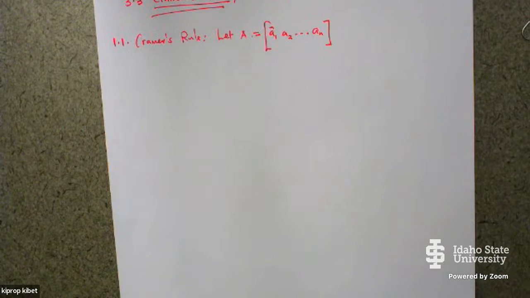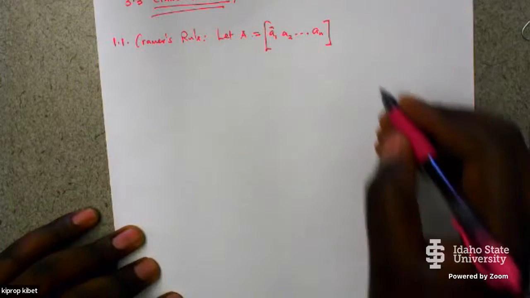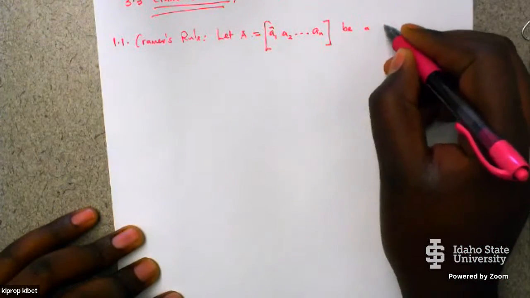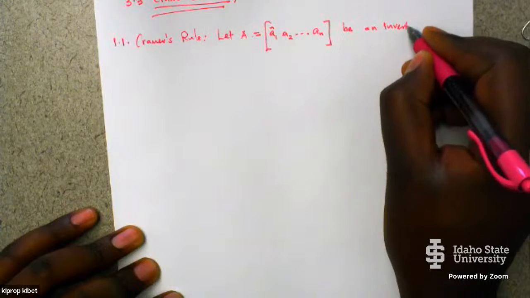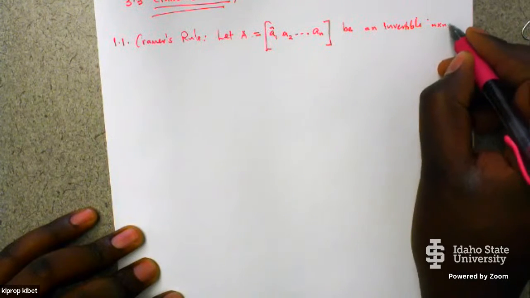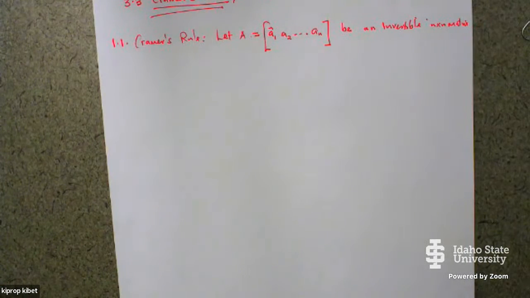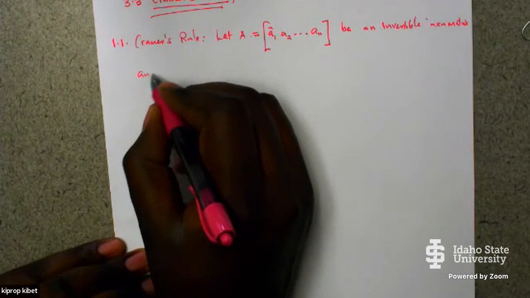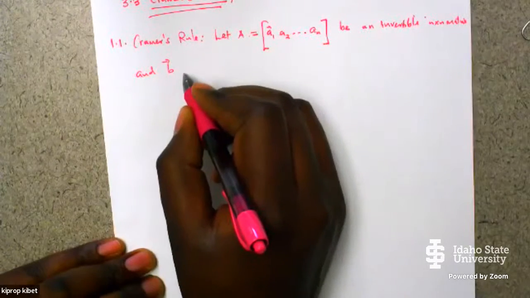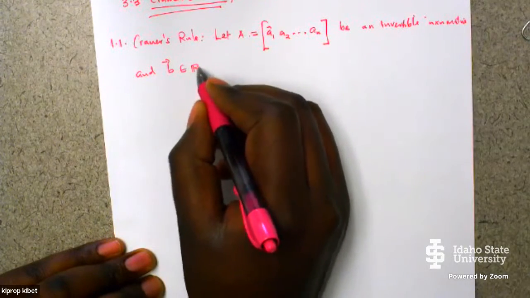These vectors here can be the vectors which you get from the coefficients of the linear equation. Let B be an invertible n by n matrix. So it should be invertible. That means we should get the determinant. And if B is our solution, which is an element of Rn,